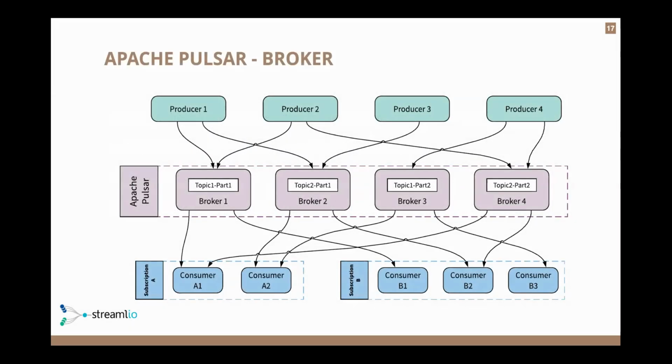This is how it looks in more of a visualization. Again, you have an Apache Pulsar topic, multiple brokers in there, in this case 4, multiple producers, and then consumer groups. You can see in this case, for example, broker 1 is serving topic 1, partition 1, and producer 1 is writing to that. Then there's a consumer group, consumer A1, that's reading from it in the lower left, and there's also consumer B1 that's handling that information. All that meshing and wiring together is handled automatically through the service discovery. And if any one of those goes down, they'll automatically fail over, and another broker will take over for broker 1. There's not really any sort of latency or any sort of issues related to that.